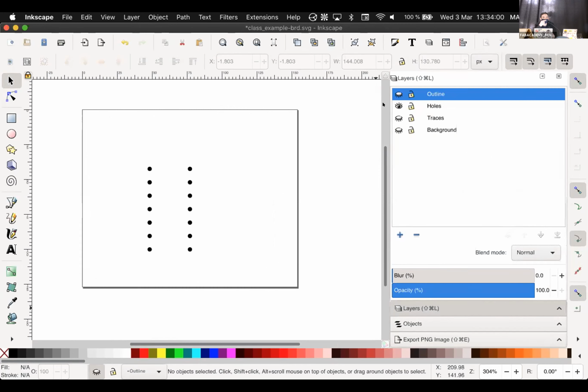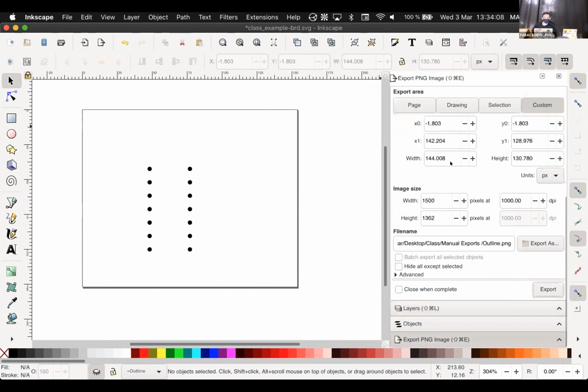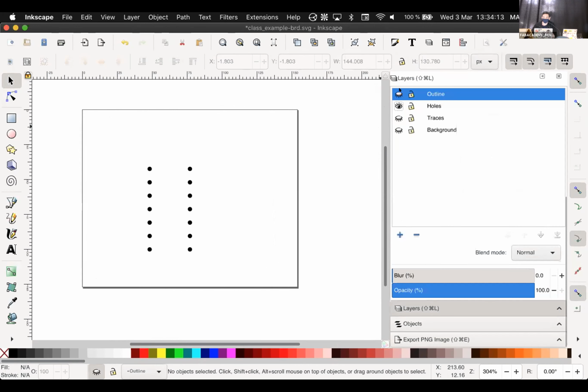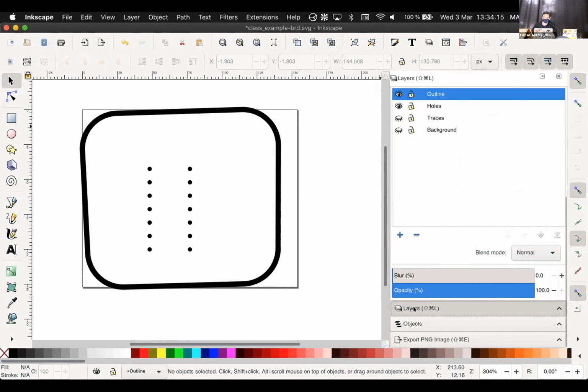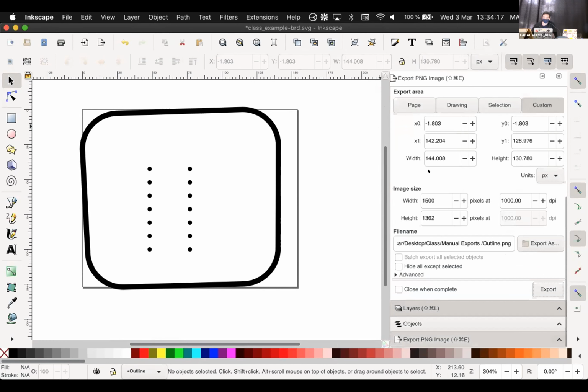Yes, Denise? How do you know the size is correct? Here, when I save the export here, I select this, I did selection. Let me show the outline before. Okay. So here,